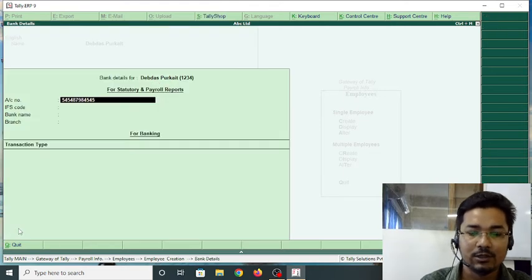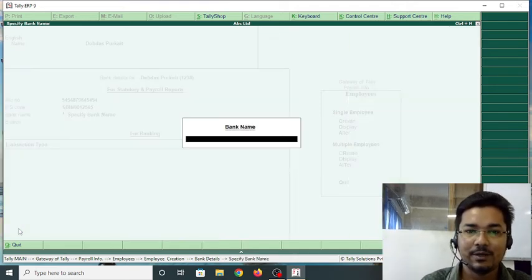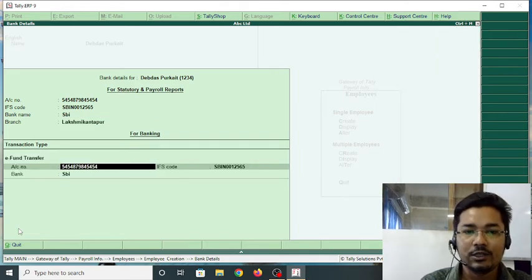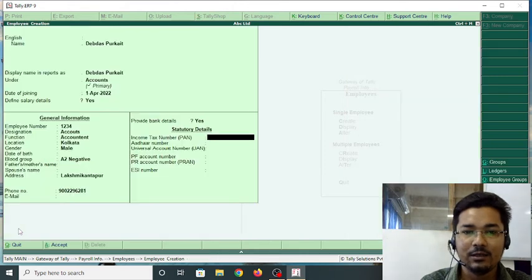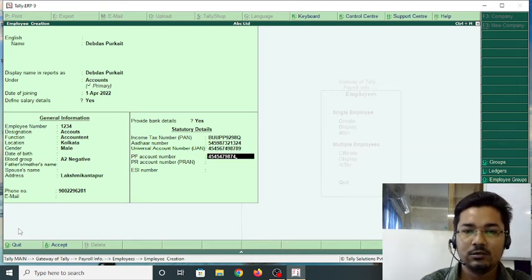Type the account number and IFSC code SBI 0012345, the bank name is SBI, the branch name, and e-fund transfer. Then type PAN card, Aadhaar number, UAN number, PF number, PRN number, and this is the ESI number.